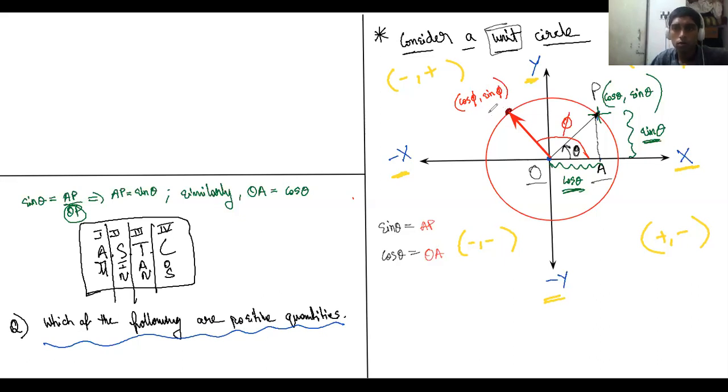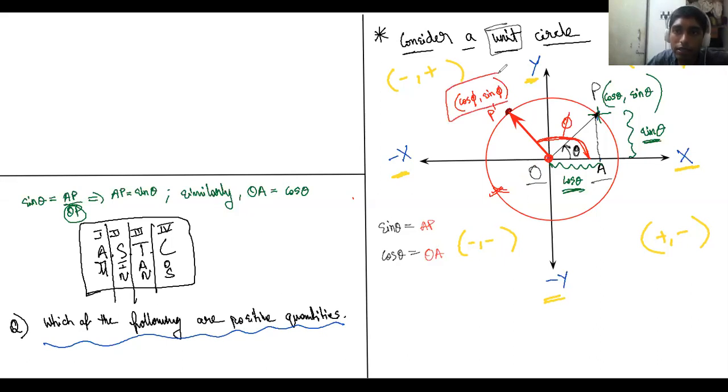If you take any point, this is called the radius vector, starting from O to any point, let us say P dash. If this radius vector is making an angle phi or theta or anything, then the point will turn out to be cos phi comma sin phi. If you're over here and it is making an angle gamma, then this point will be cos gamma comma sin gamma. Okay, you understand how the convention is going on?